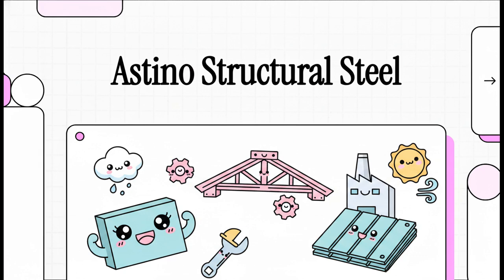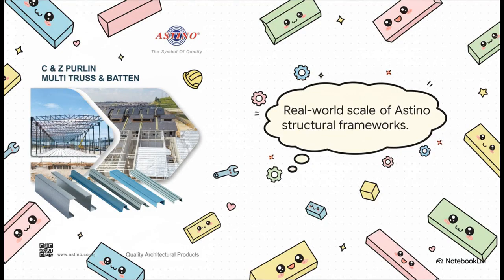If you've ever wondered what keeps those massive commercial roofs from sagging, or exactly how a vast warehouse manages to stand up to extreme weather year after year, well, you're in exactly the right place. When you really think about the sheer, real-world scale of these Astino structural frameworks, it's honestly breathtaking. But here's the thing. A macro structure of this magnitude is entirely dependent on the micro-level engineering of its individual